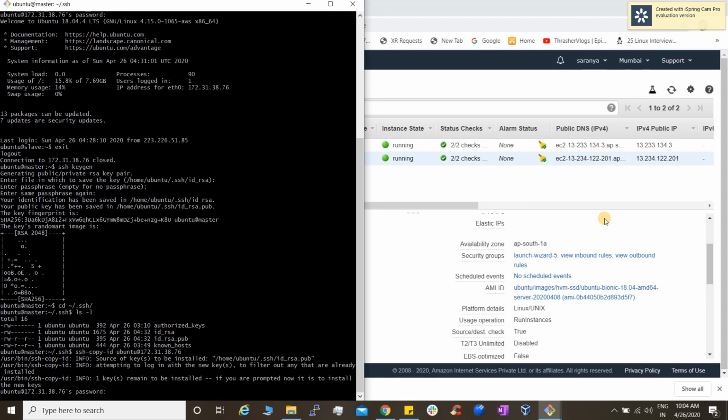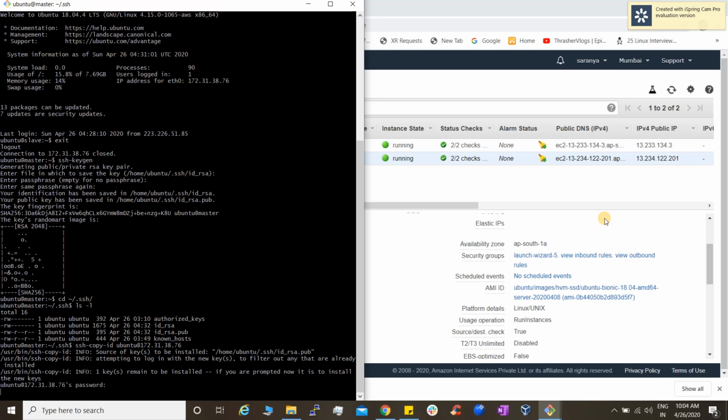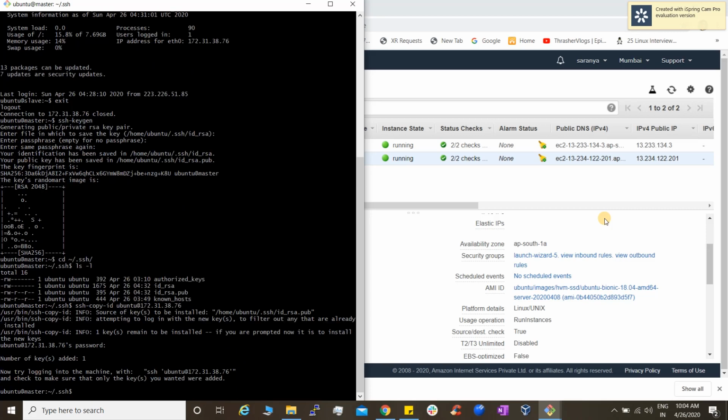At first it will ask you to give the password. So I am going to give the Ubuntu user's password of the slave machine. Okay, so now the public key has been successfully added to the slave machine.